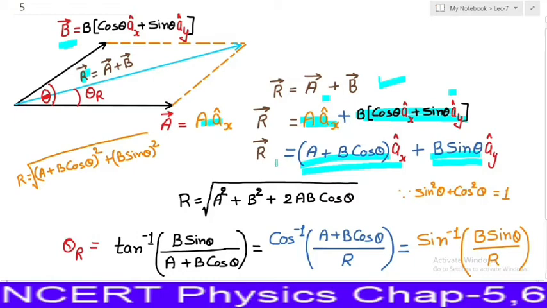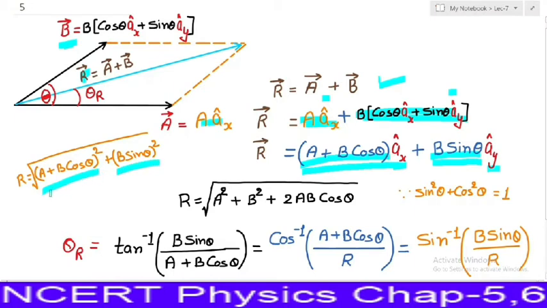As this is resultant vector r in terms of ax cap and ay cap, it has all information regarding the vector. All information means we can get what is the magnitude of r and we can get what is its direction. We can find direction of r in terms of angle also. Magnitude finding for vector r is very easy. Just square of ax cap coefficient plus square of ay cap coefficient and under the root.